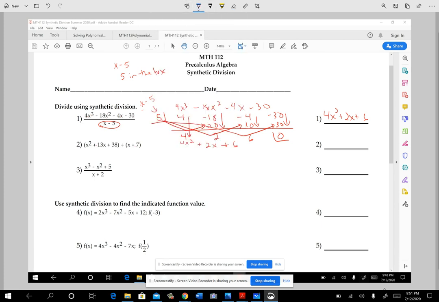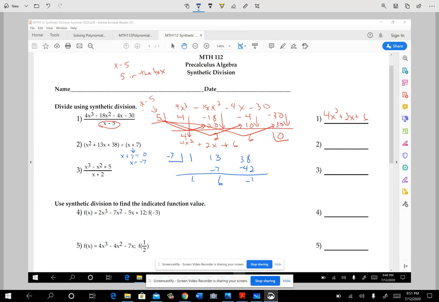Okay, so you're going to have your x squared, your 13x, and your 38 there. What goes in the box, since that was x plus 7, is the root or the 0. So that would be -7. Not the factor, but the root or the 0. All right, so then we're going to come in here and bring down the first number, and then multiply. Okay, and here we get a -42,